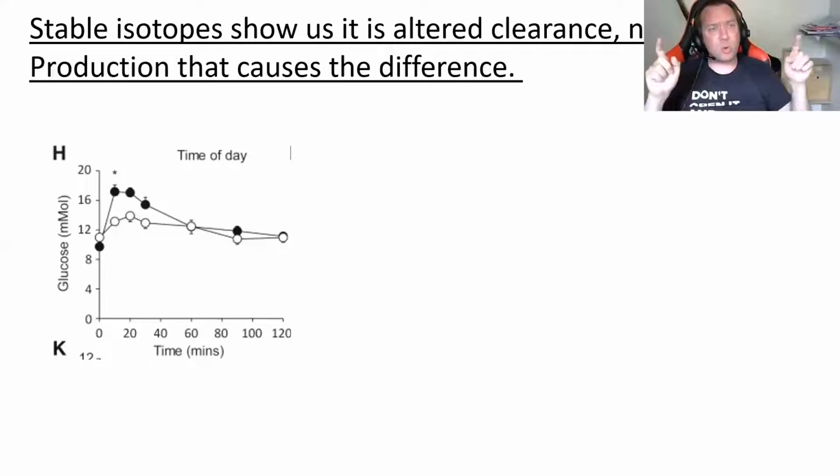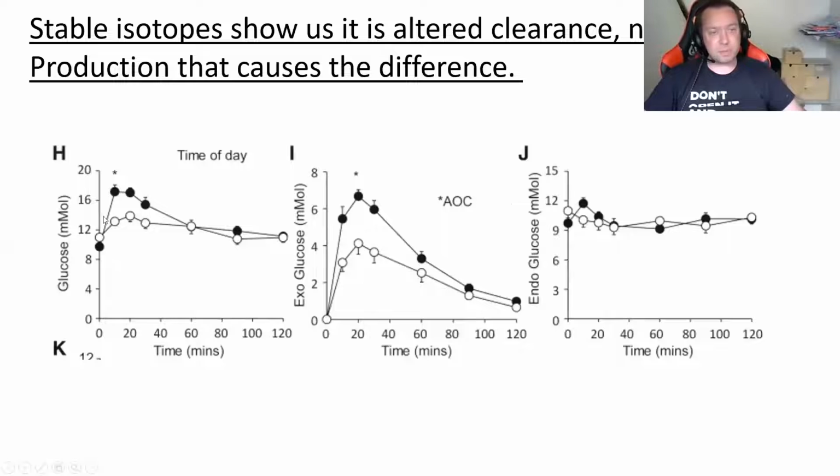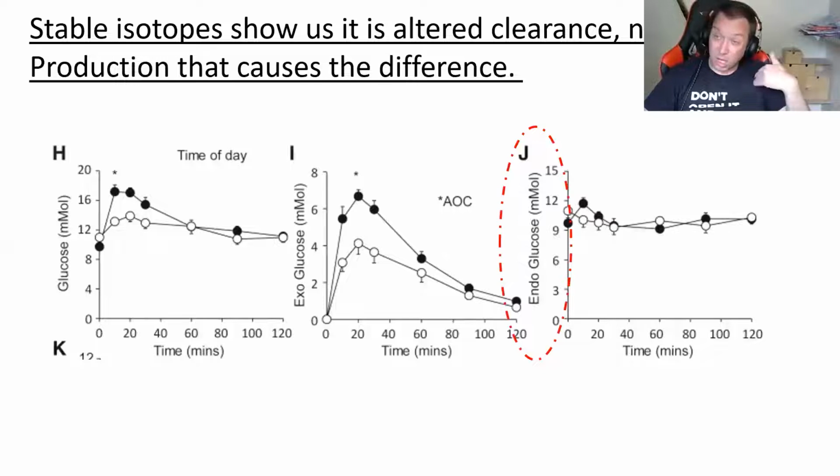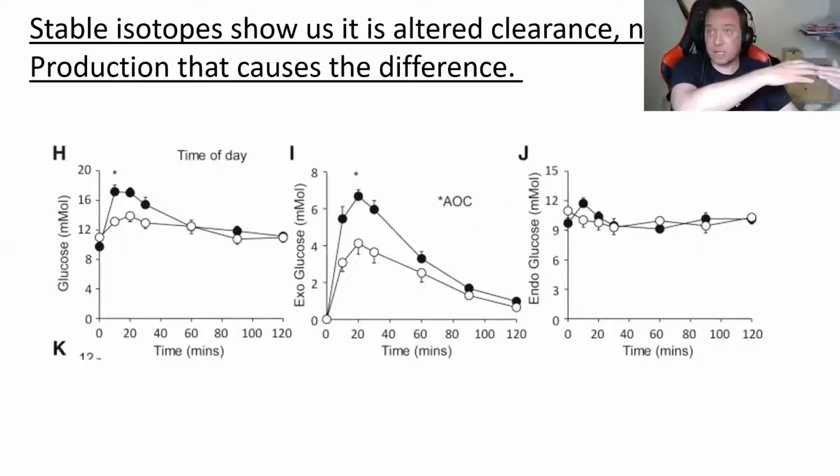So what we did was we did a GTT and we found a difference in our animals. The black were the wild types, white were the knockouts. So we had a somewhat improved glucose tolerance curve. But by using stable isotopes, we could split this curve into the exogenous glucose that we'd injected and the endogenous glucose that was basically coming from what was already in the mouse's blood, but also the stuff being produced by the liver. And actually, you can see in the wild types and the knockouts that the big difference is in the